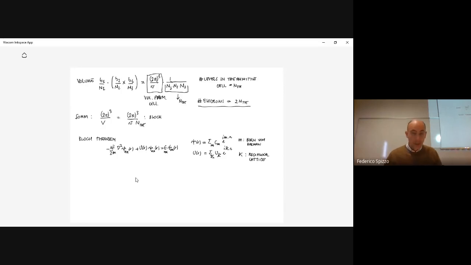What one finds during the calculation is that M may be written as Q minus G, where G is a vector of the reciprocal lattice and Q is a vector coming from the Born-von Karman conditions. Just to make an example of who G may be and who Q may be, if we suppose, just to make a picture that is simple, to be in a cubic lattice,